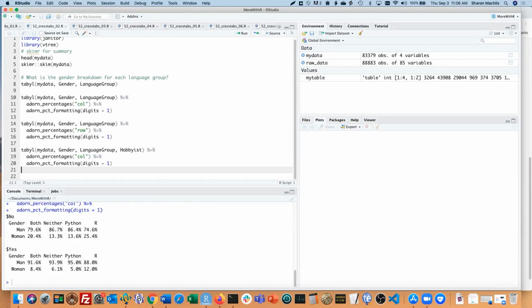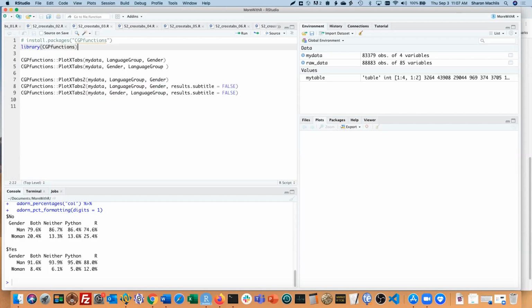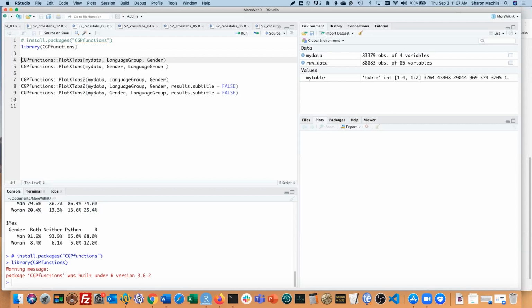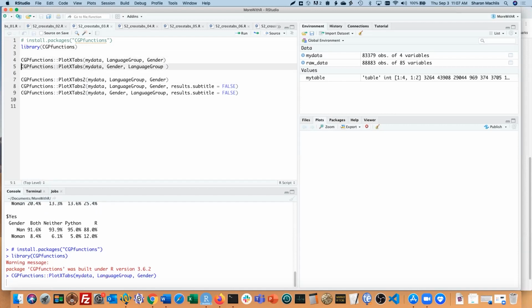By the way, if you want a super easy way to plot two-way crosstabs, check out the cgpfunctions package. It's got 2 functions of interest here, plot_xtabs and plot_xtabs2. Let's take a look. I'll load the package. Here's plot_xtabs.